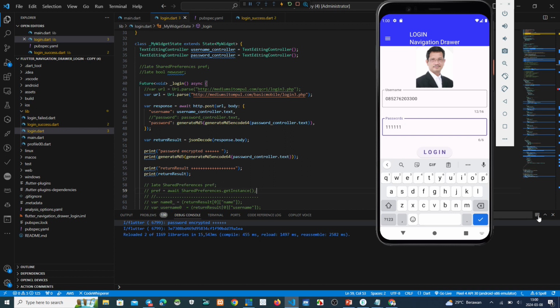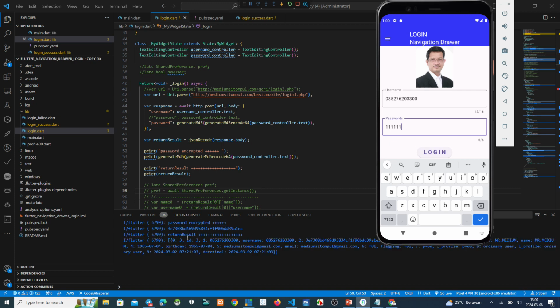Clear this data. If I open the login page and click here, see the result on the back console, maybe in a few seconds. Now you can see this is the password encrypted result, and then this is the return result.